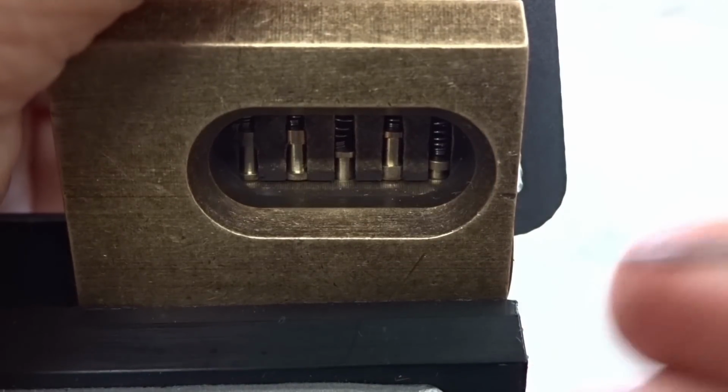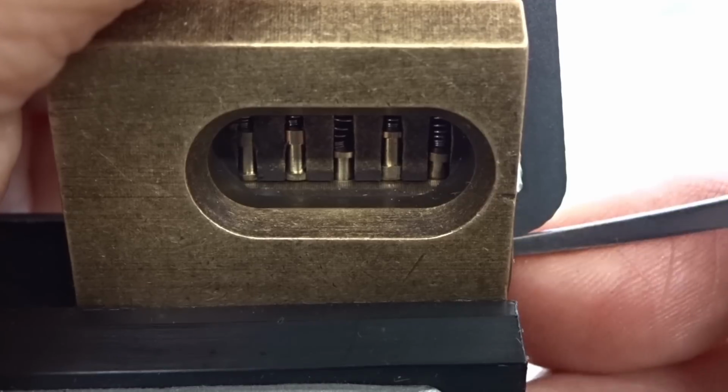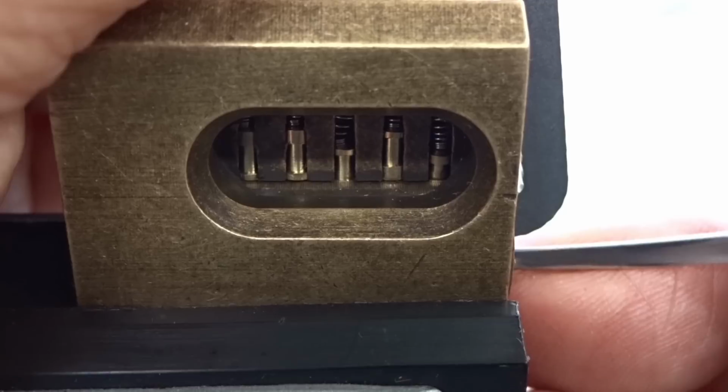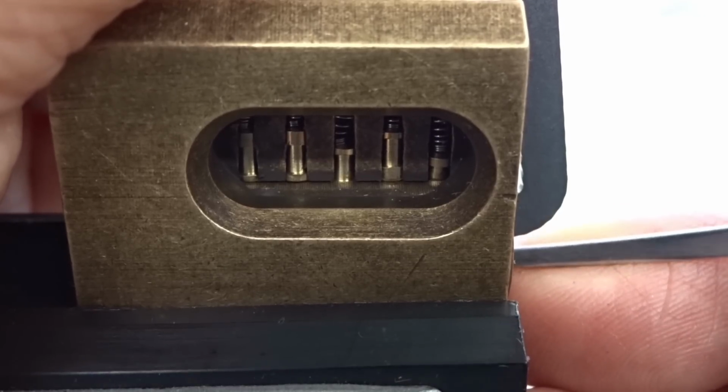Again, without realizing it, I've got him picked. All right, put the pick back in. Pin 4, I just picked him. He's good. Move to 3. And as I put pressure on 3 now,